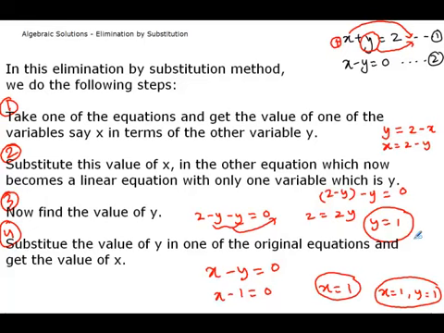And you can easily check whether it works in the two equations or not. So let's check. In the first equation you put 1 as x plus 1, which is naturally equal to 2, which is on the right side. And when I put in the second equation, 1 minus 1, this obviously is 0. So both are satisfied, and therefore this solution is the solution found by the algebraic solution method, which is elimination by substitution.